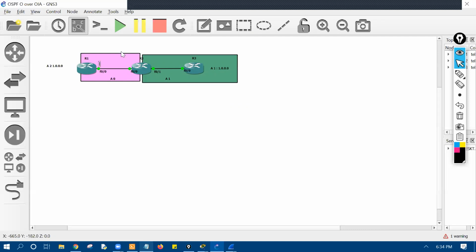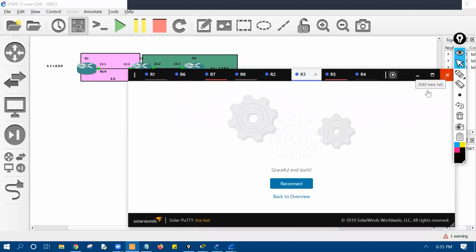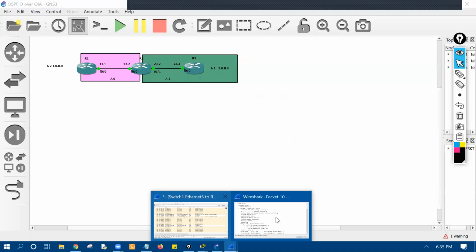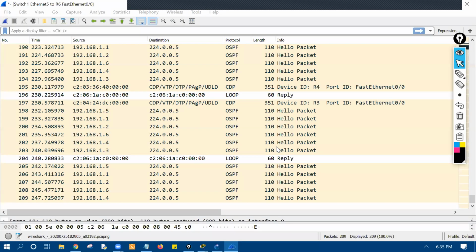Let me write down this thing. 12.1, 12.2, 23.2, 23.3, right? This is the IP addressing. This flag is also clear, right? All of you. And this is the flag of the router LSA, right? Okay. Now,